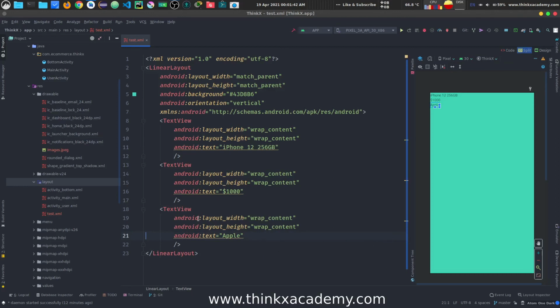So let's say this is our linear layout. Linear layout is covering the whole screen. Now let's say I want to align this text view by wrapping the content, but I want to align it at the center, right? So for that purpose, we cannot use the text align because text alignment is used to align the text inside the text view. But now we want to align the whole text view inside of the linear layout. For that purpose, we can use layout gravity.